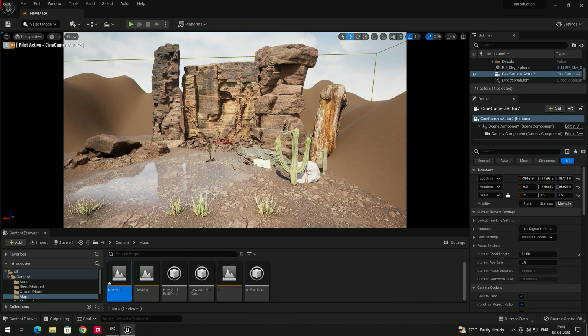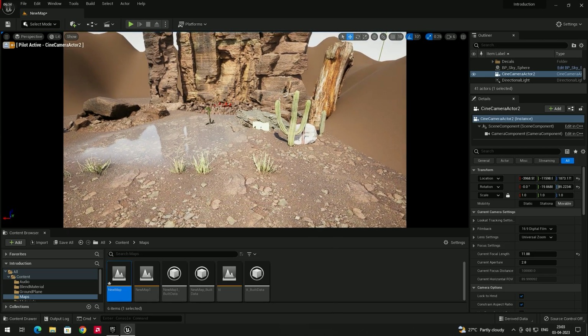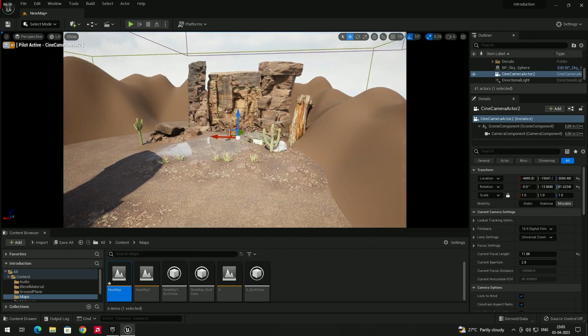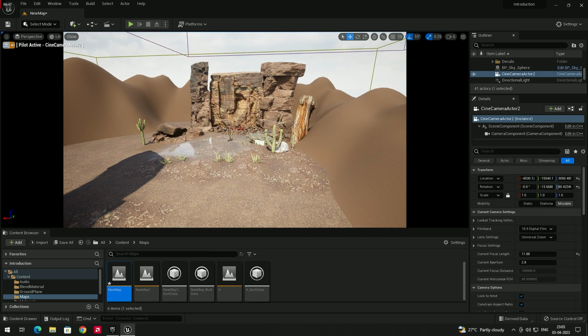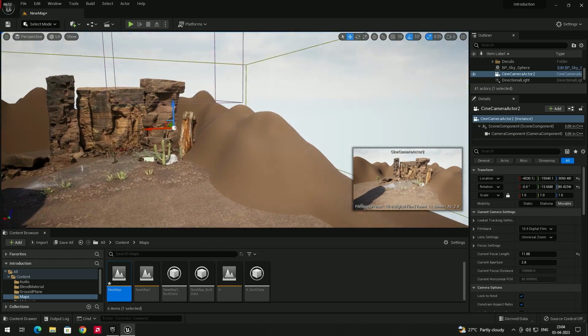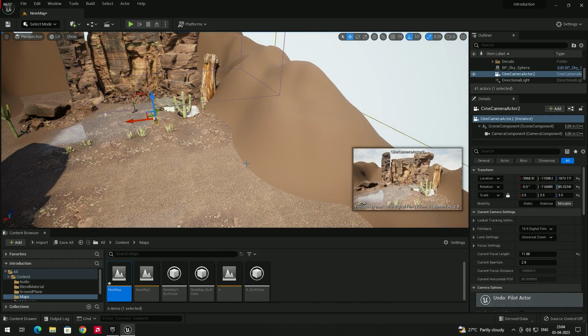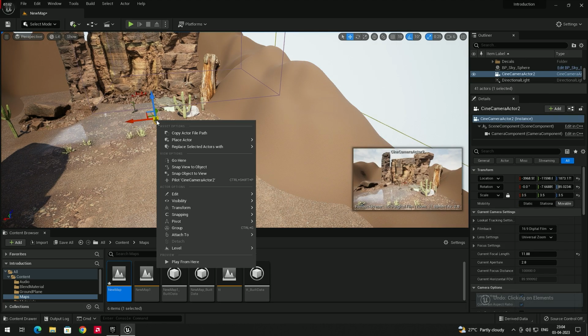Now we are able to see the view from the camera. Here you can see it is showing Pilot Active. What that means is, if you move this view, then actually we are moving the camera. See? And if you want to eject from this camera, you can click on this option, Stop Piloting. See, now the camera has been moved to the other location. So we'll just undo. You can select, right click,